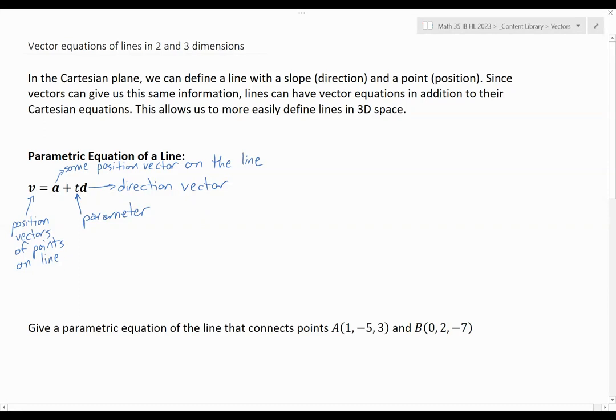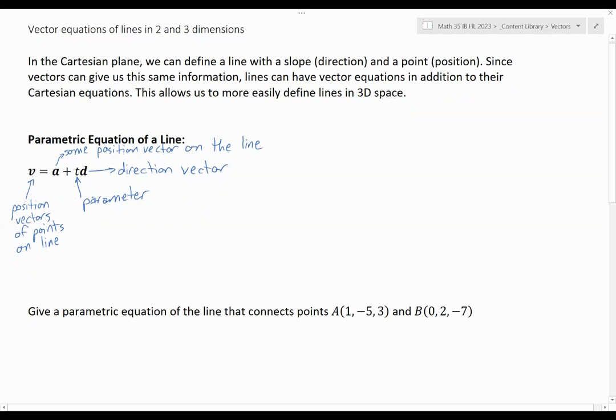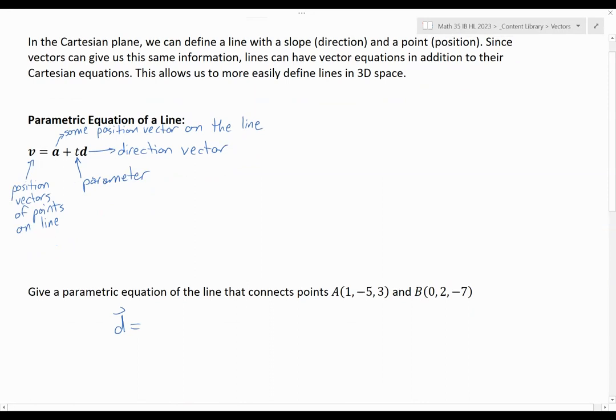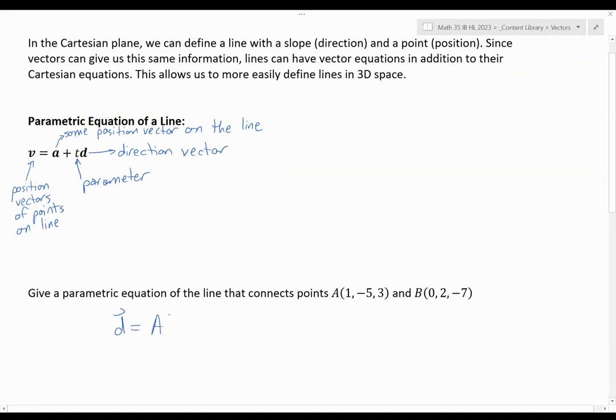In 2 dimensions, it works exactly the same as in 3 dimensions, so we're going to just jump into a 3-dimensional example. I have two 3D points, A and B, and I know that I have a line that connects them. Now, I don't know which of these is the starting point. Either one could be, neither one could be. It doesn't really matter because, like I said, t doesn't necessarily have to be time that starts at 0. It's just some parameter. But I do need a direction vector. The direction vector is going to be either of the two directions, from A to B or from B to A. So I can say this is the vector AB, in which case it's 0 minus 1, 2 minus -5,